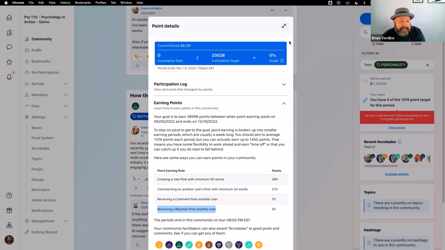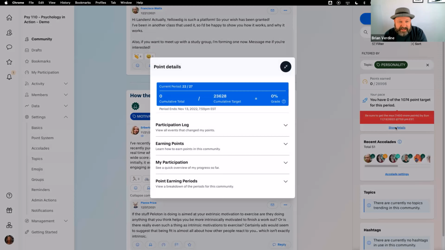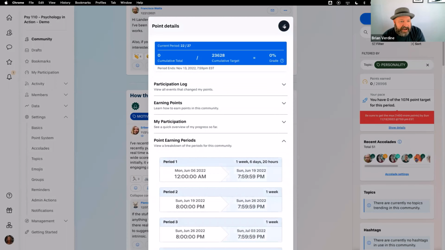And one of the things that we find from a support perspective is a lot of times when somebody comes to us and says, my students aren't really talking about the topics that I want them to talk about, or they're not really posting very thoughtfully about specific things in the course. A lot of times what we find is that people have turned off those social points. And it's because those points are what encourage students to stay on topic, to share things that are really relevant, that are timely, that other students are going to value